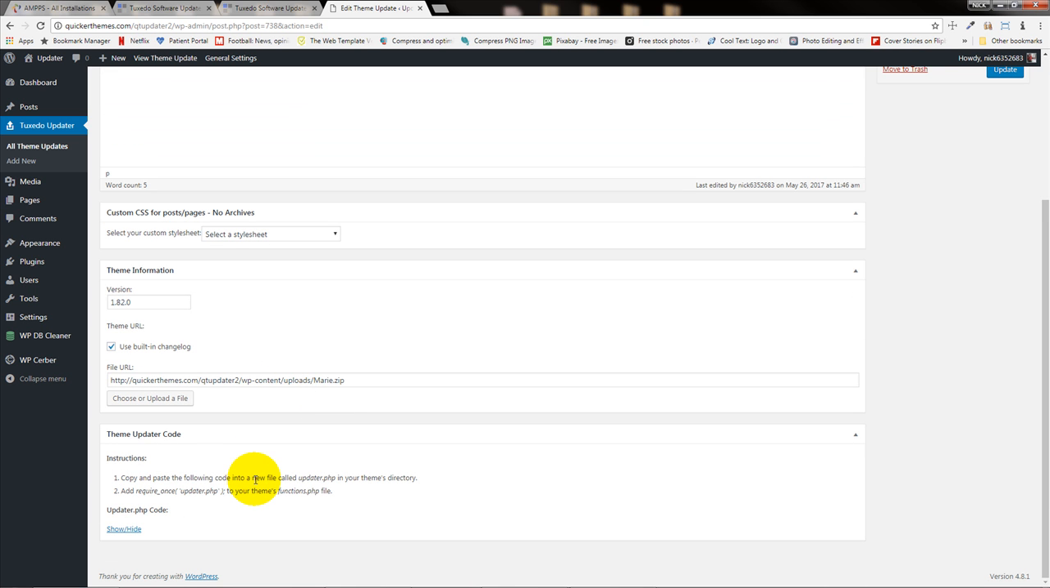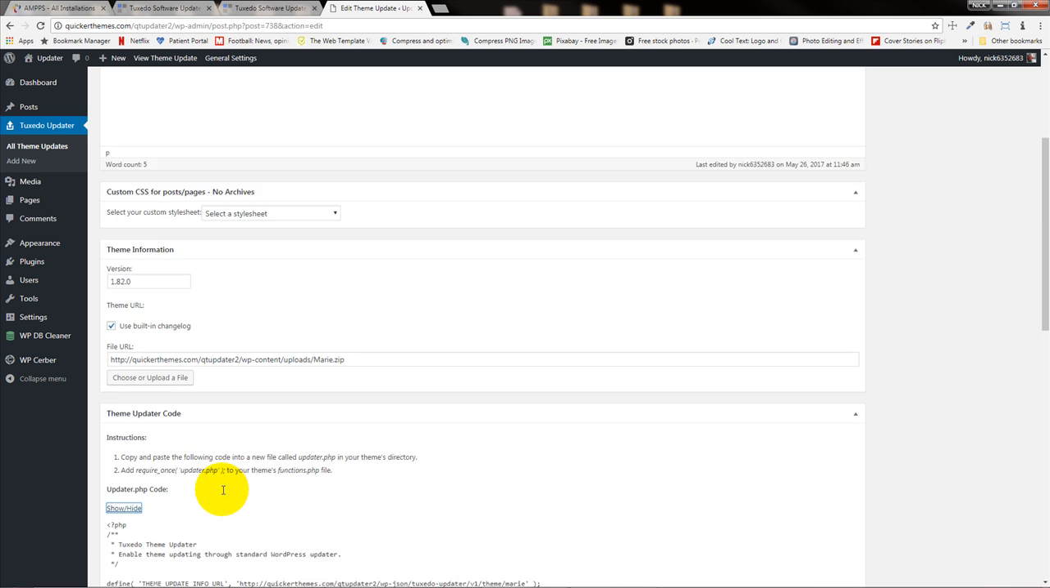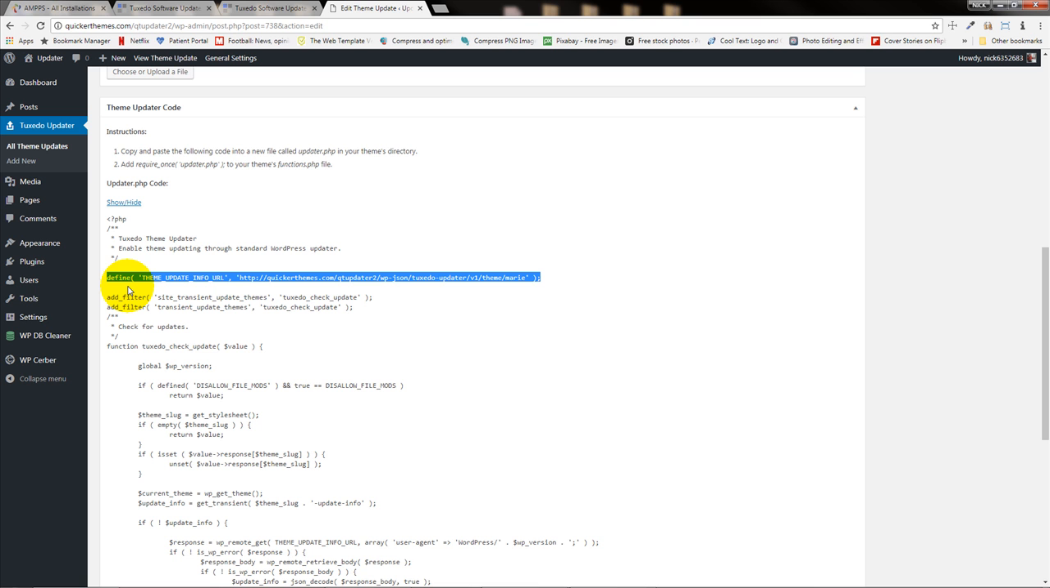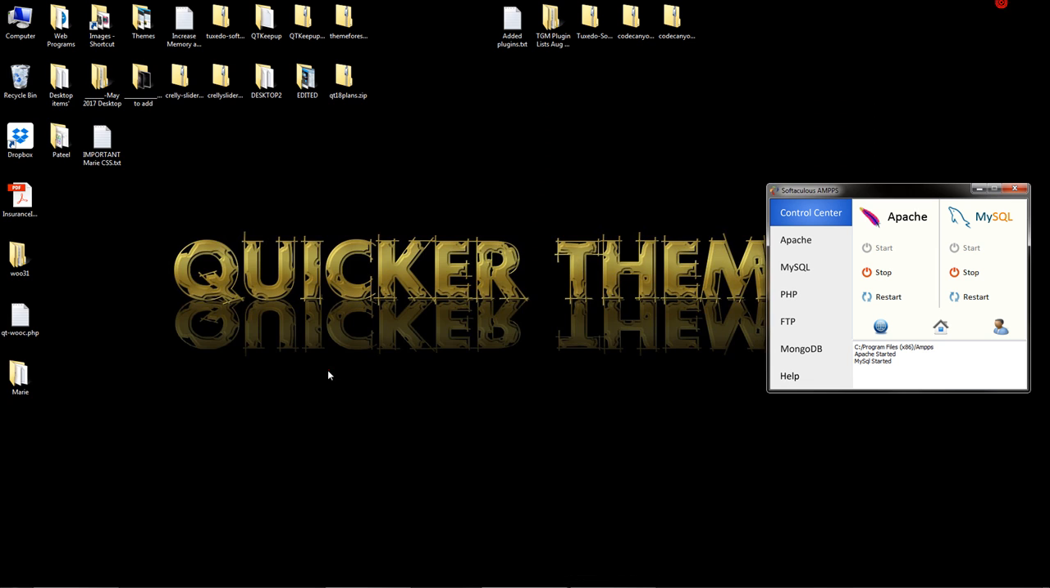The last thing to do is to prepare your theme to hook up to this website to get updated. Basically it's two steps. One, create a file called updater.php in your themes directory, and two, in your functions file add this command, require once. Everything is almost done for you. The only thing left, if you were using this system, is to get this line. It's the first line of code after the comments that you need to put in your theme, and you're ready to go. So I've got a freshly exported